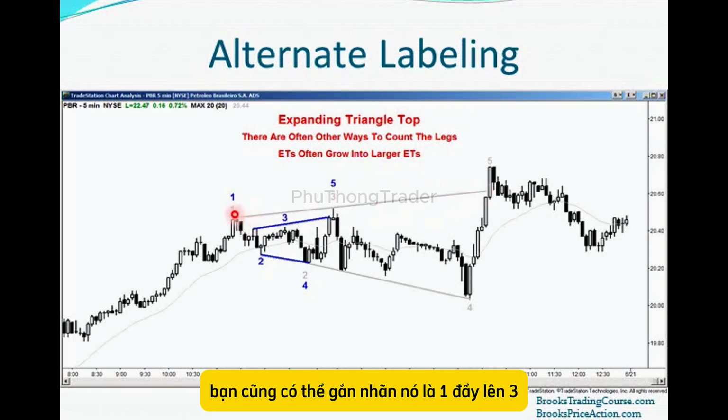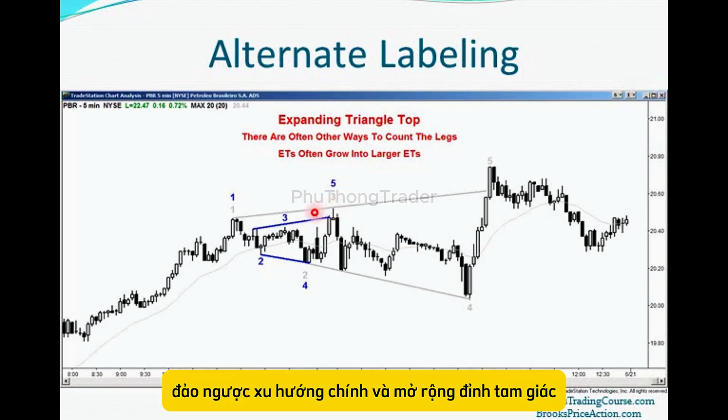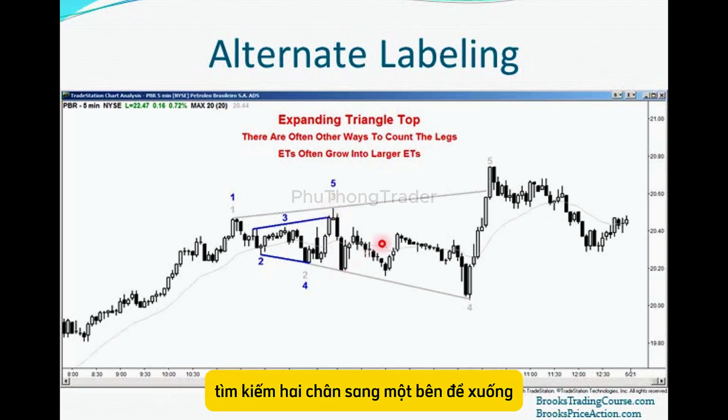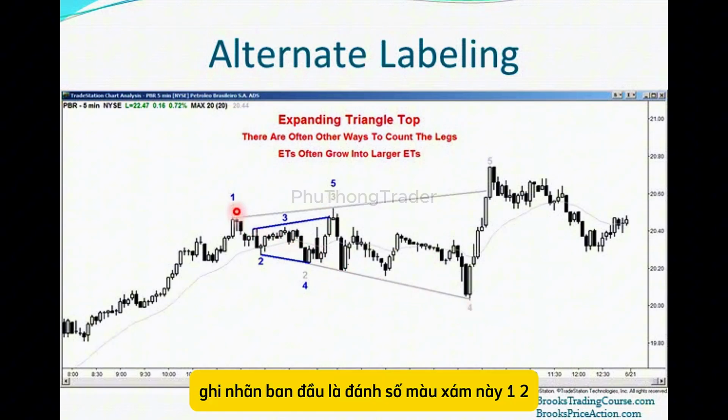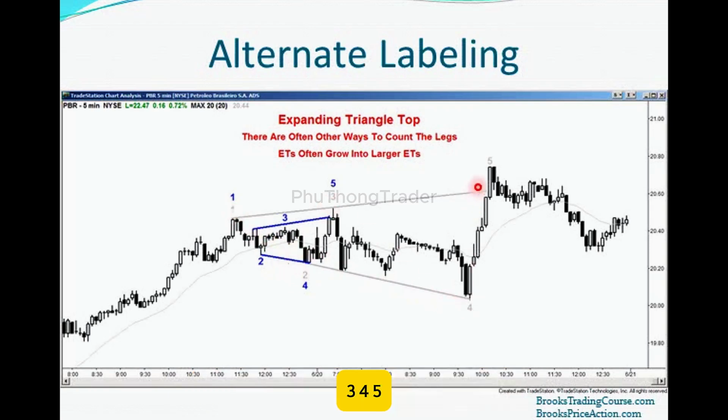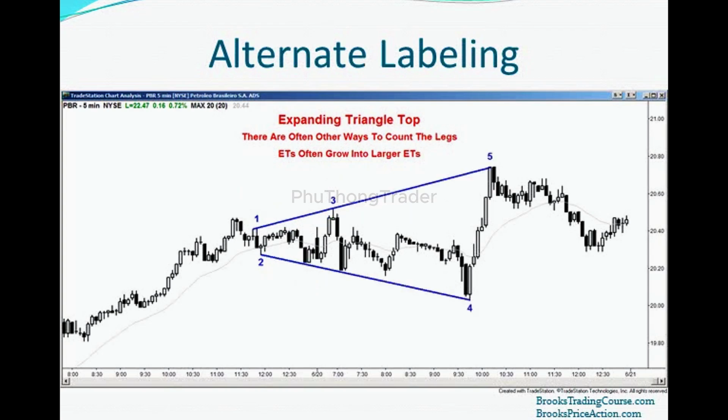You can also label it as one push up, down, 3, 4, 5, and you have a higher high major trend reversal, an expanding triangle top, looking for two legs sideways to down. Remember, the original labeling was this gray numbering: 1, 2, 3, 4, 5. Another way to label it: